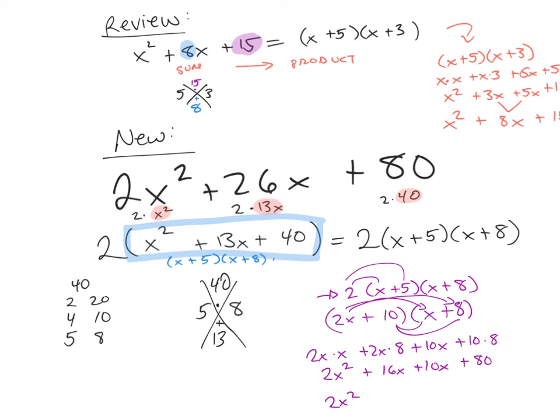And then in the middle, I have like terms. 16x's and another 10x's is a total of 26x. And so this is what I started with, which means that I successfully factored 2x squared plus 26x plus 80 into this. So this will be my answer to the question,